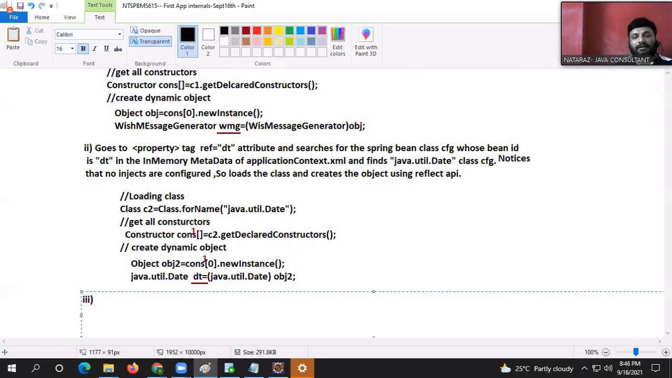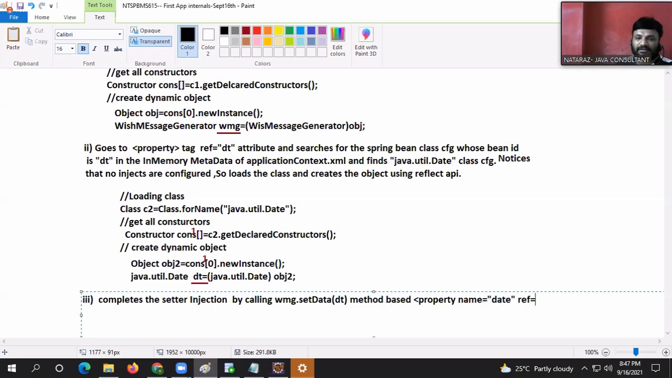Number 3. Performs and completes the setter injection process. Setter injection is done by calling WMG, the target bean class object, dot setDate(dt) method. Okay, this is based on property name equal to date, ref equal to dt tag